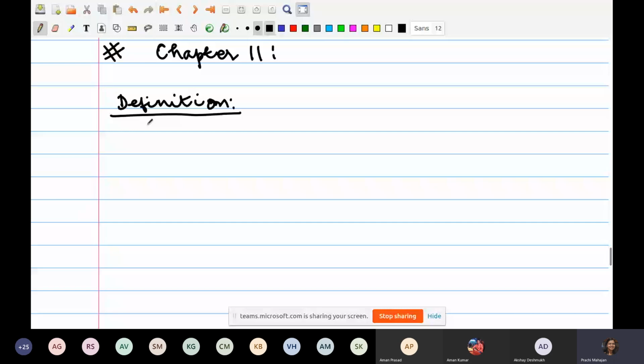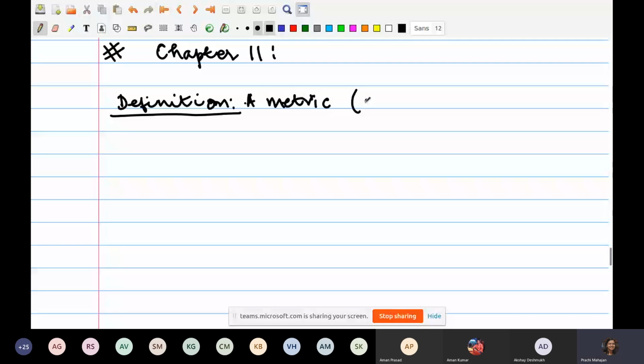Now, what is it I want to do next? I want to talk about the following concept. You give me any arbitrary set, and you give me 2 elements of that set, and I want to talk about the distance between these 2 elements. So this is what a metric does. Let me make this definition first, and then I will try to emphasize where we are heading. So a metric,